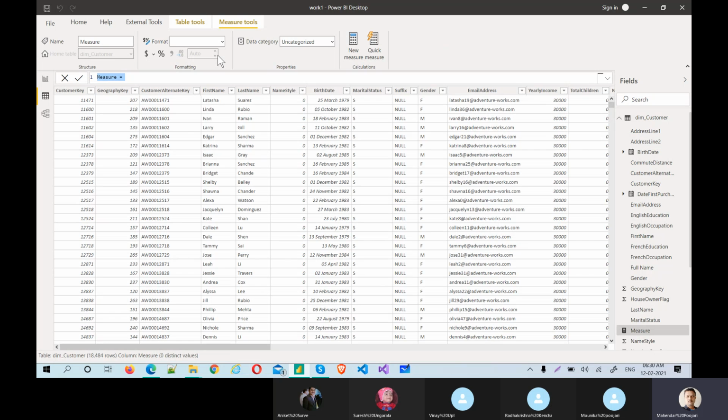The measure name is use relationship. Use rel is equal to CALCULATE. So we should use it with CALCULATE.